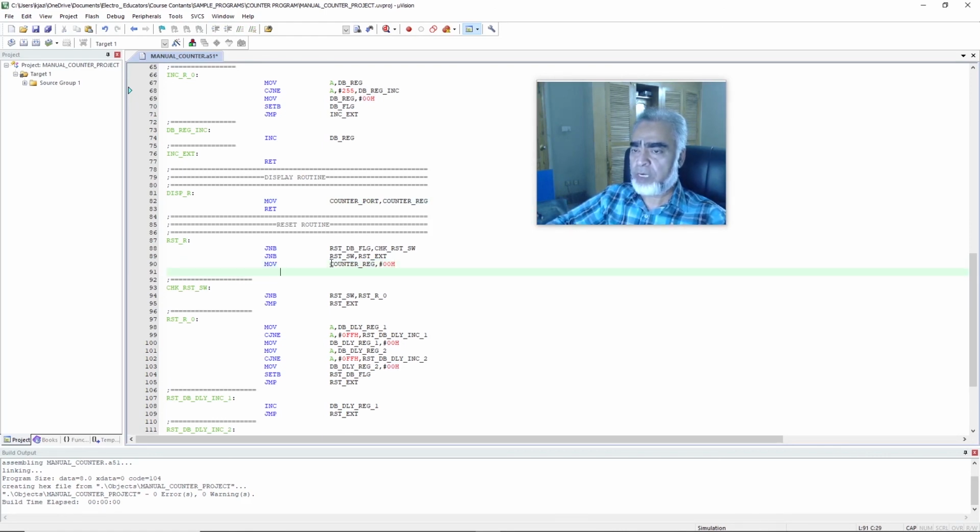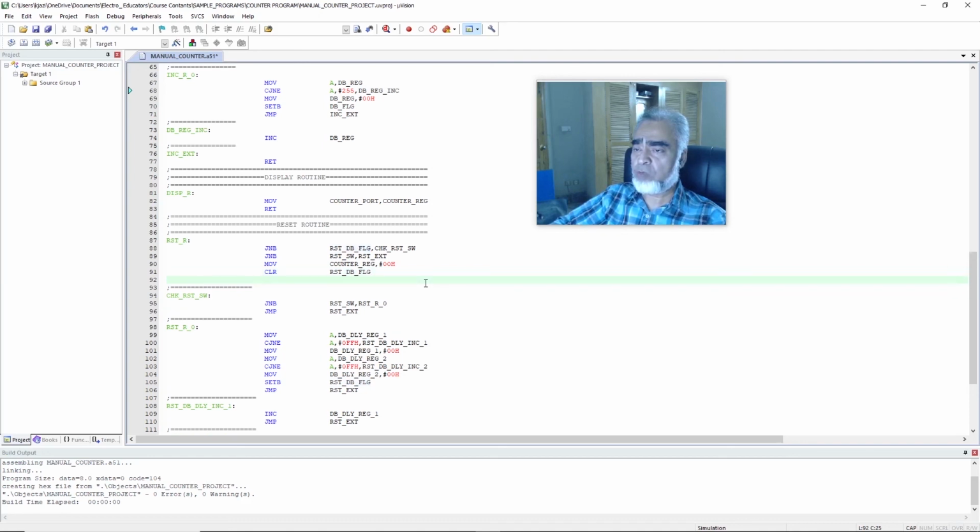Now we'll clear the status of the reset debouncing flag. So here we will write clear reset debouncing flag, Control C and Control V, and after resetting this flag, that is reset debouncing flag, our program will exit from the subroutine. So here we will write jump RST exit,